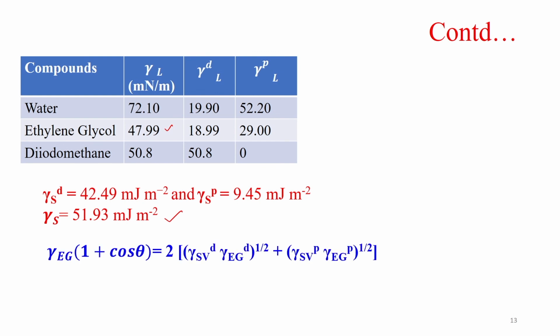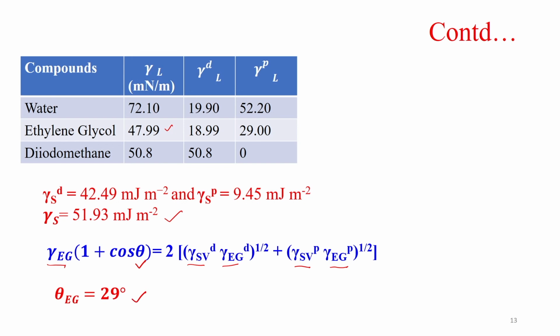So, in the same equation here the value of cos theta we have to estimate. These two, dispersive component of surface, dispersive component of ethylene glycol, polar component of surface and polar component of ethylene glycol, these are known. So, if you put the value you will get the value of theta, this is coming out to be 29